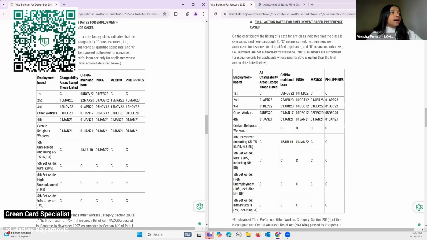That's great. And everything else remains the same. So China and India, the priority dates remain the same. Mexico and Philippines remain current for the EB1, which is the first preference category of the employment-based green cards. Now, looking at the EB2, so employment-based second preference, this is in relation to the EB2 and IW green cards,